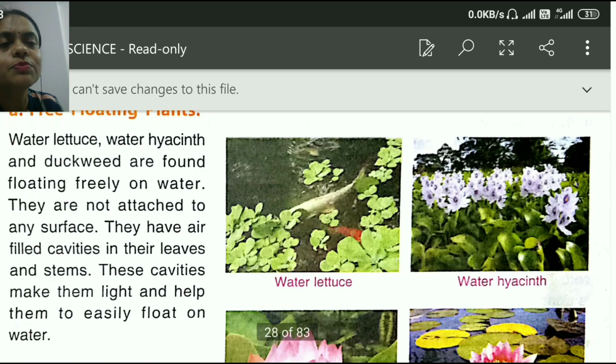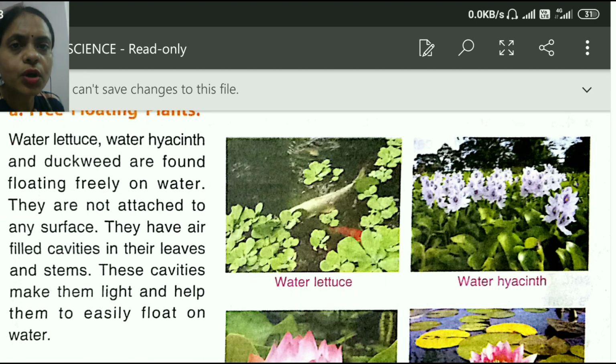Cavities means what? Cavities means a space. Some hole-like structure, some space is there, and that's why it appears spongy, so that the leaves become lighter. The weight of the leaves appears lighter, and that's why they float on the water.